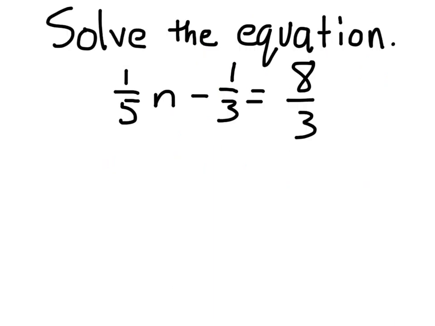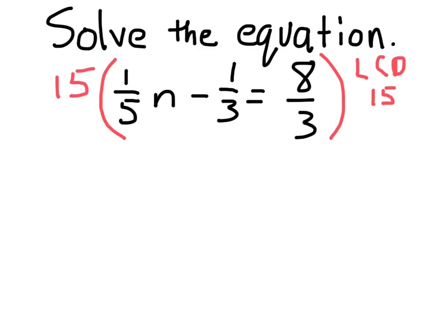Okay, the next way to do it is to get rid of the fractions. Okay, here's how you get rid of the fractions. If I needed to find a least common denominator here, my least common denominator would be 15. So here's how you get rid of the fractions. You multiply every one of these times 15. So I would have 15 times 1/5 n minus 15 times 1/3